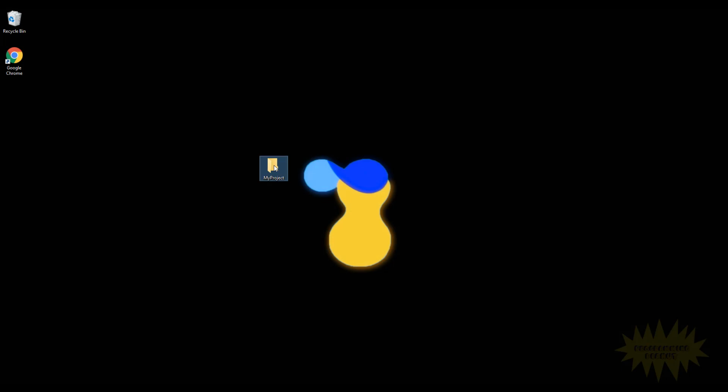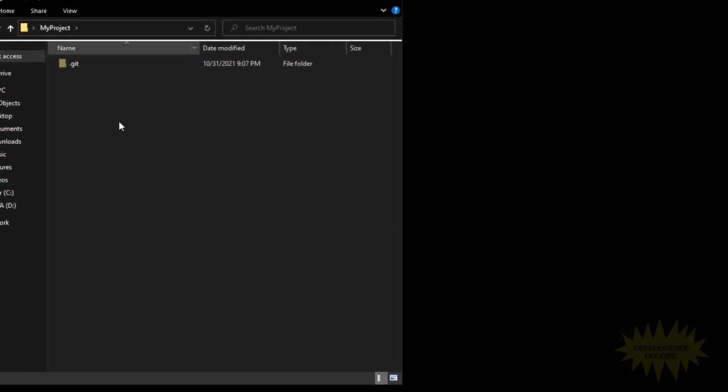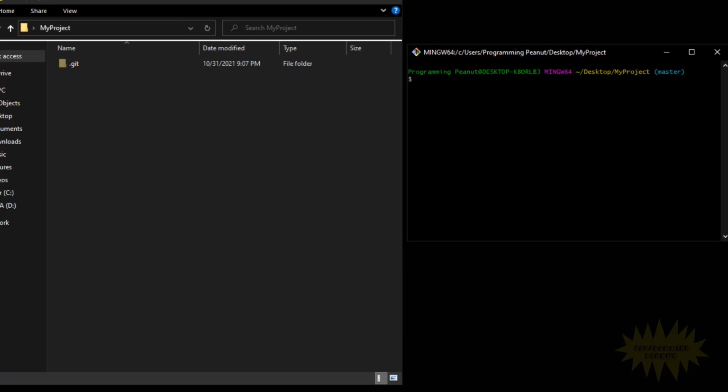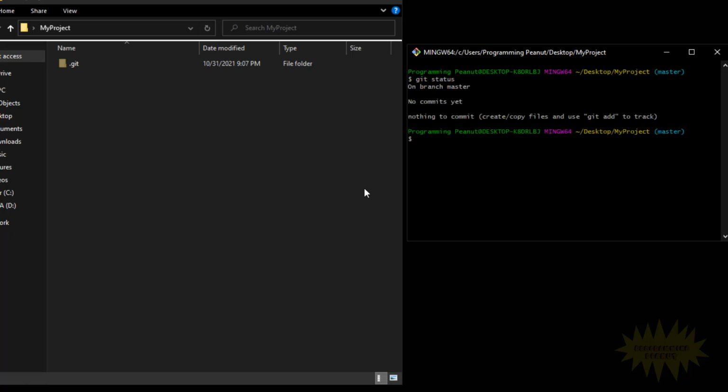So let's go ahead and open this folder. I've named it My Project, and inside I will open a new Git bash window. Now notice how I've already initialized Git inside this folder, which means that we can start using our Git commands. I'll start by using git status just to show everyone that we don't have anything in the working directory or